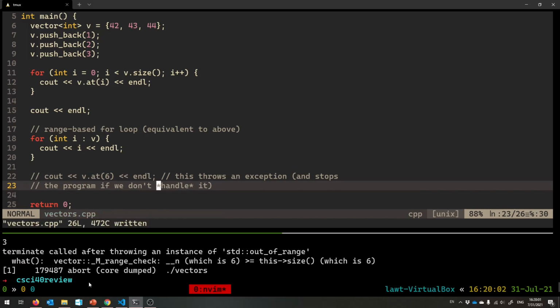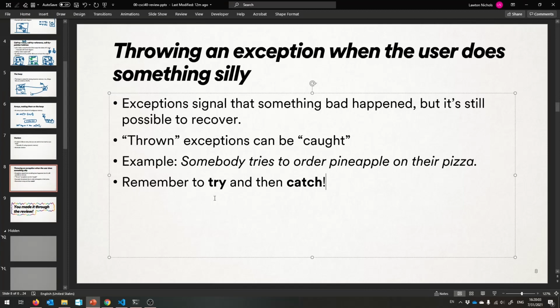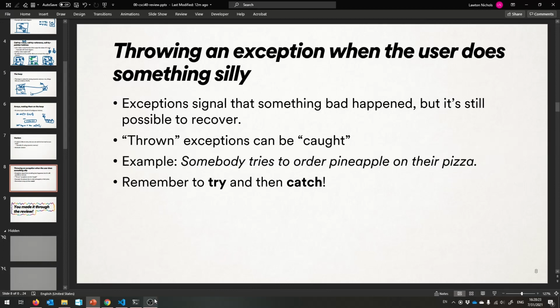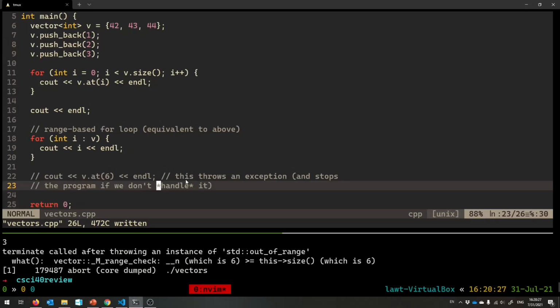How does one handle an exception? Well, I have a nice contrived example for you. Let's talk about throwing exceptions and catching them, and try and catch and all that good stuff. My running example will be somebody tries to order pineapple on a pizza, and obviously that's an error. So we're going to throw an exception and alert the user that their program is being used incorrectly. Okay? So let's make a new file,